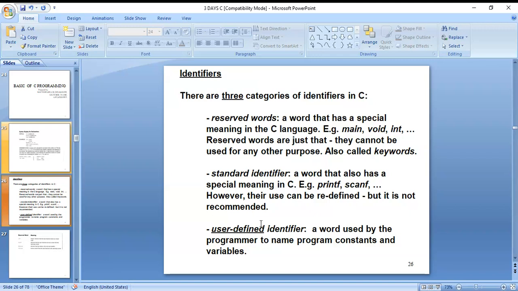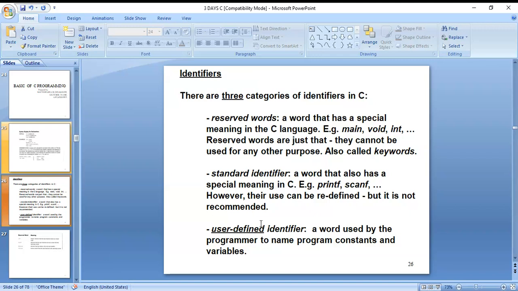Inside the syntax of printf you can write a control string, and next a comma and an argument list: argument 1, argument 2, argument 3, like that. The number of arguments are separated by the comma operator. With scanf you can read values, and there also you use commas to separate the variables. Their use can be redefined but it is not recommended.